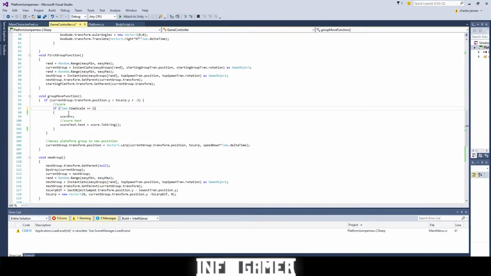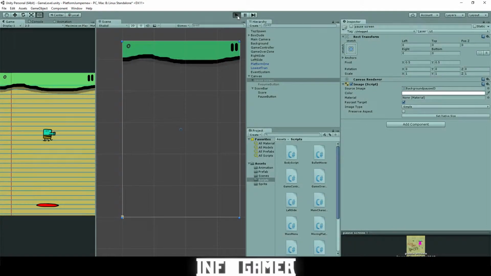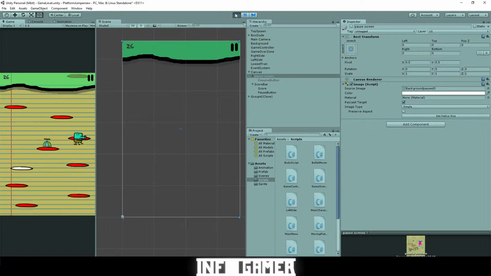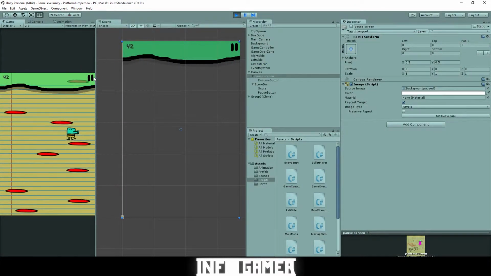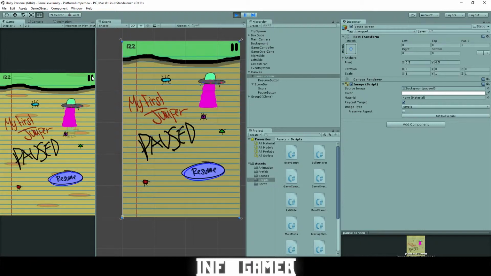Let's put it in. This if statement's only checking if the current group has to move down to its toAlert position with this buffer. So when we're playing the game, let's go back to the game. We're going along, we hit pause. That if statement is trying to move, it's still keeping score because the platforms are still trying to move down